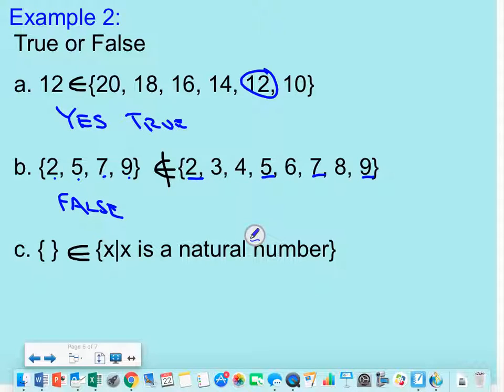All right, and then here is the null set. Is the null set in the set of natural numbers? Well, true. The null set, nothing, is in every set. So, all right, and then lastly,